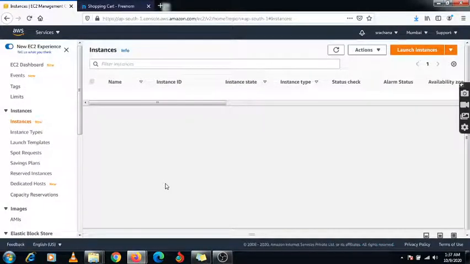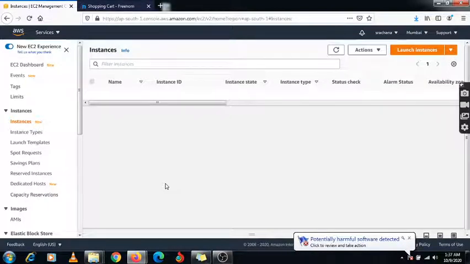Myself Ganesh. Today we are talking about some AMI related concepts and how to create one EC2 instance using this AMI in another region. So basically we are not going to transfer our EC2 instance directly from one region to another region.